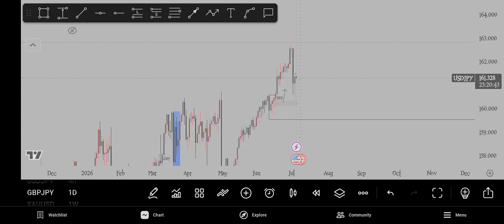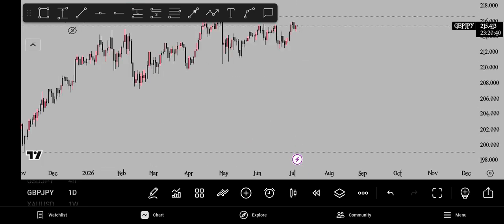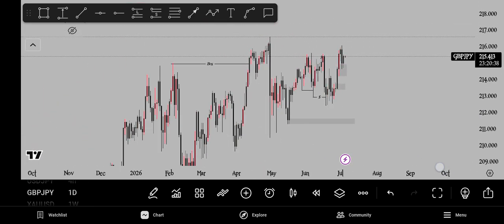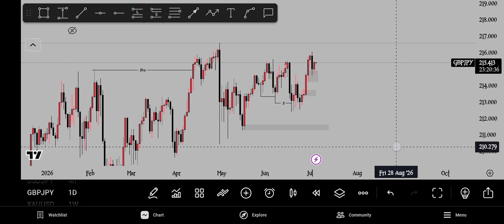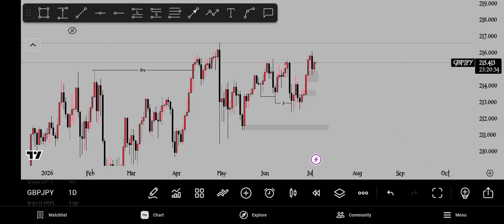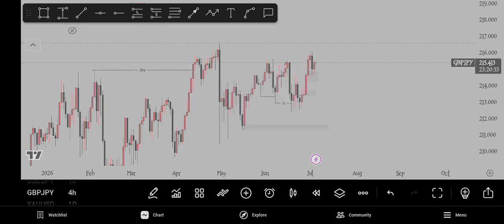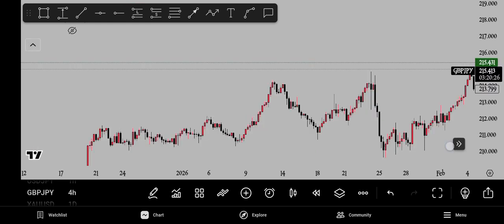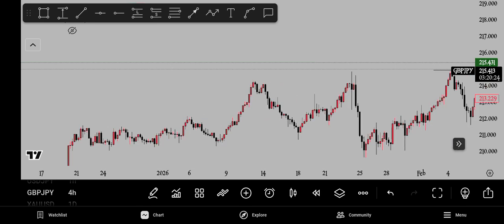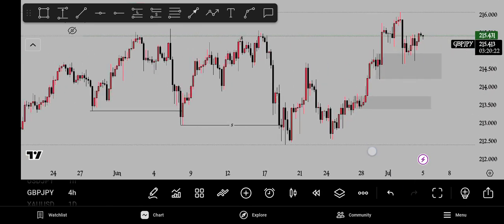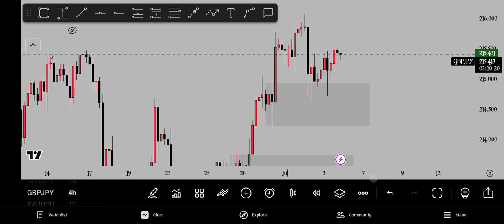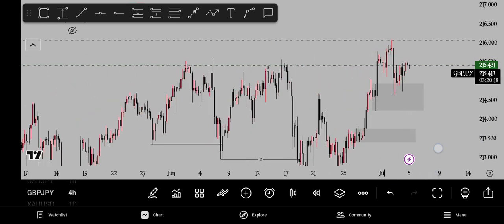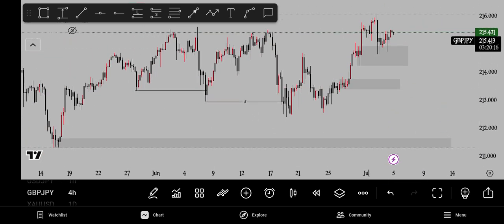Then going towards our GBP JPY. We are actually bullish on GBP JPY as a result of this 4-hour structure. You can see